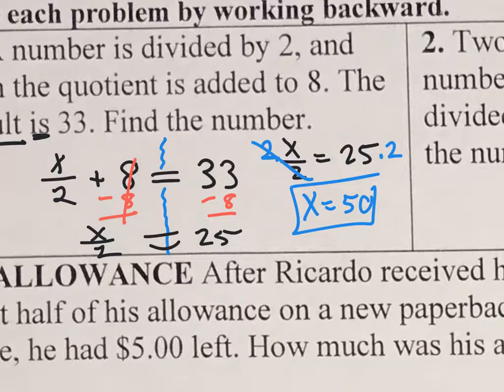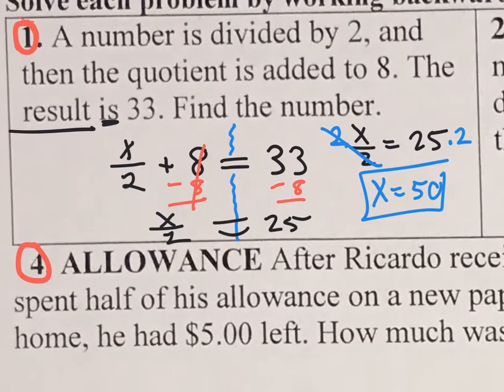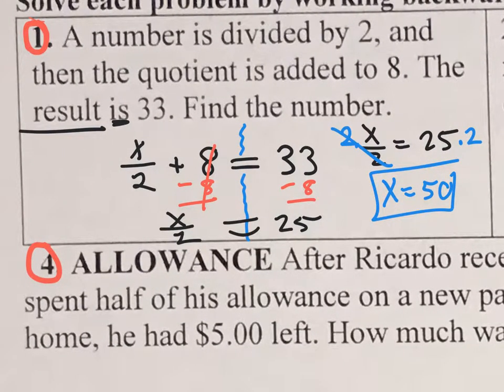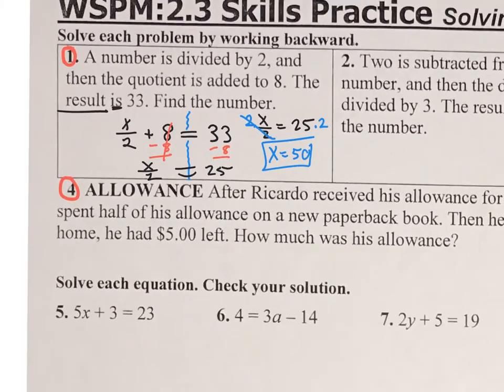Let's say you had this on a quiz and you had time to check your answer. What could you do? Yeah, you can plug it right into the x. 50 divided by 2. What's 50 divided by 2? 25. What's 25 plus 8? 33. So you double checked it. You know it's right. Okay, so let's jump around. I don't want to spend too much time on one question. Number